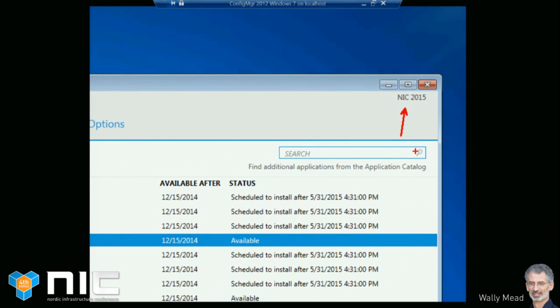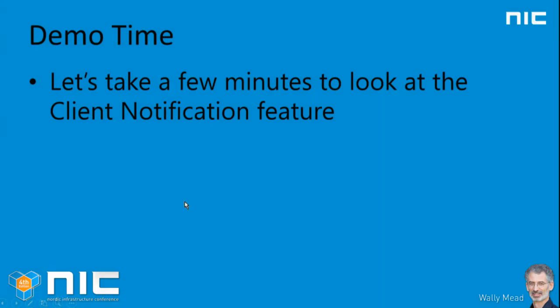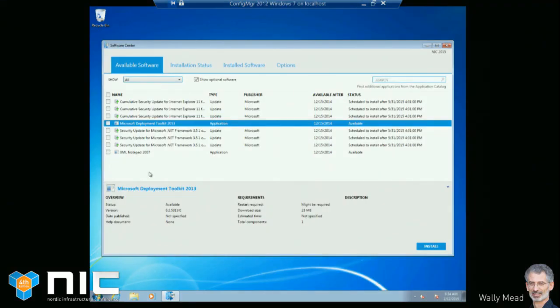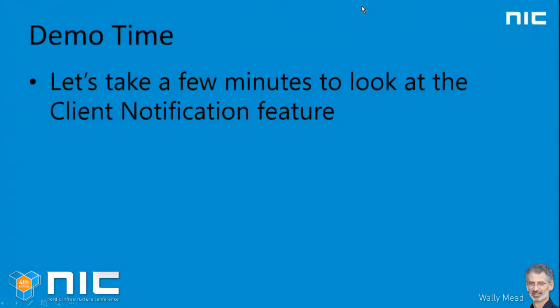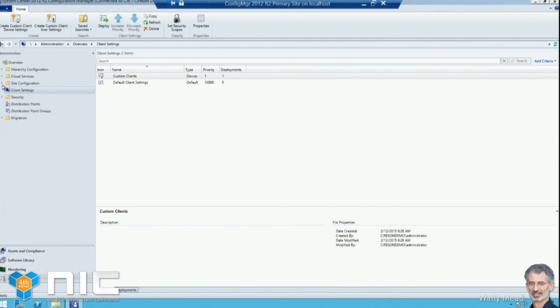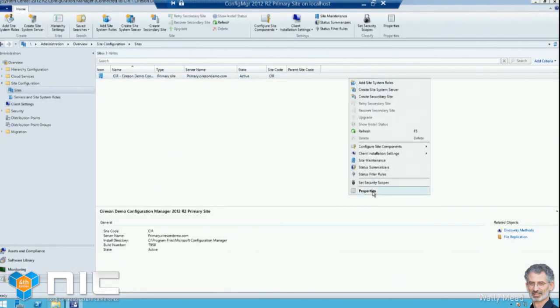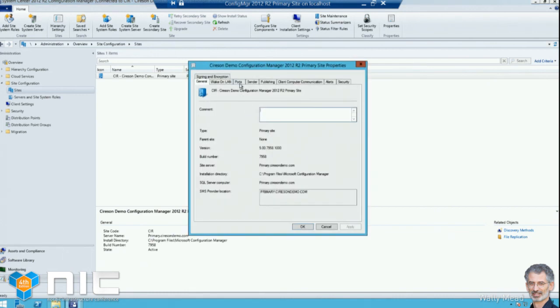What happens is your clients register with their management point 10 minutes after the client starts up. And they try to register over TCP. It's a specific TCP port. The TCP port I'll show you here is 10.123. Oops, not the one I wanted. I want to go back to my site server. Go to administration, sites, go to site properties, and then on your ports tab,